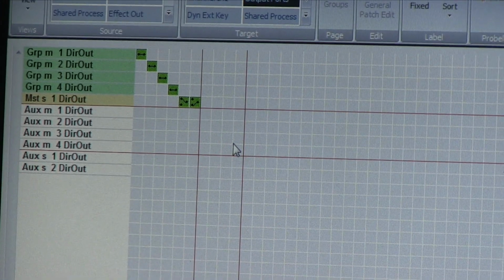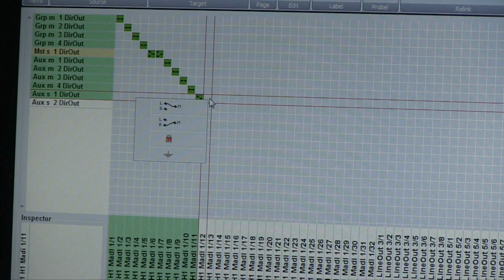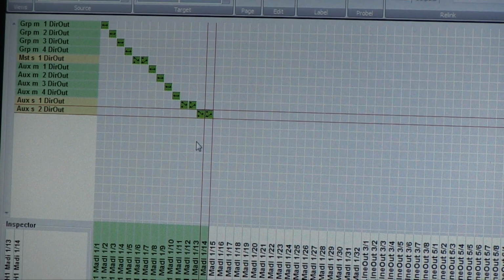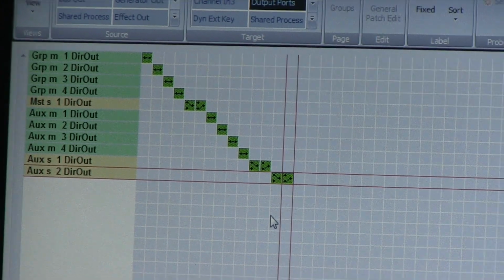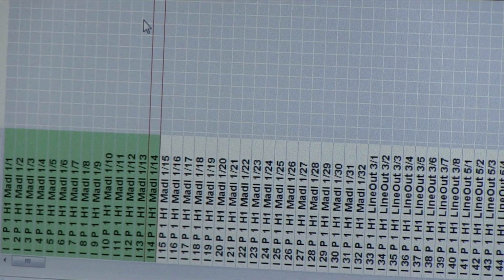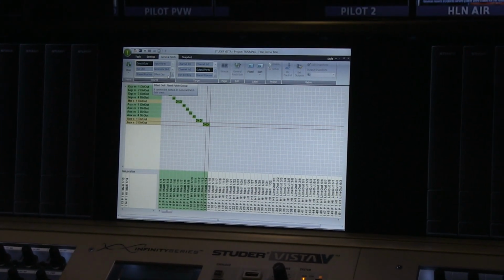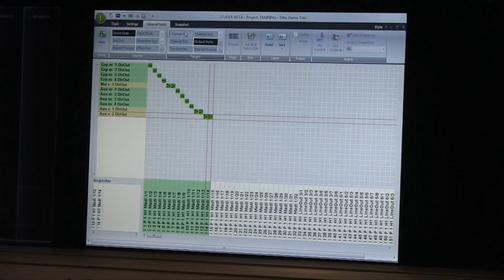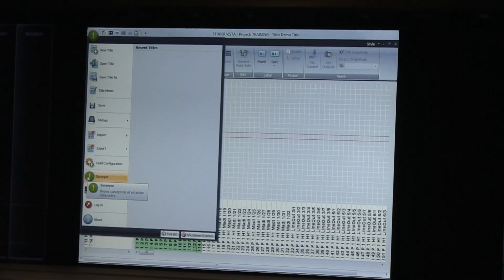Then 4 mono outputs and 2 stereo aux outputs like this. And we're done patching. There's no more outputs to the system. What we've done in your case, though, is also define patch groups. Because you have so many inputs and outputs, we've gone up here and permitted ourselves to